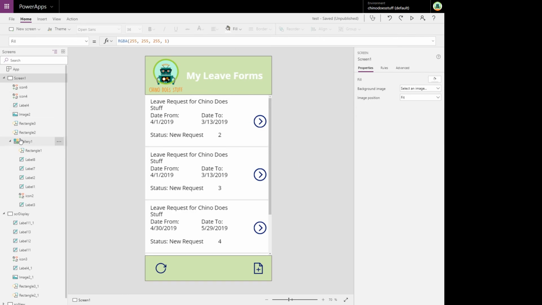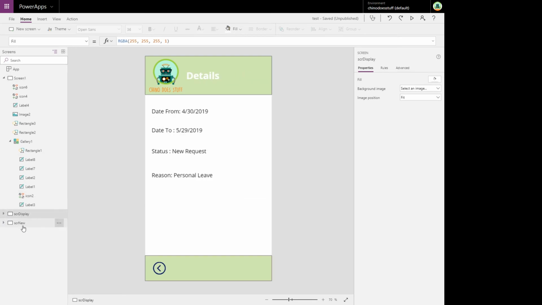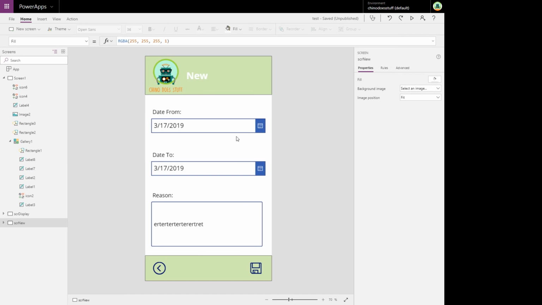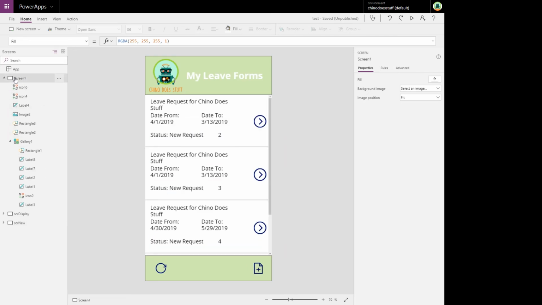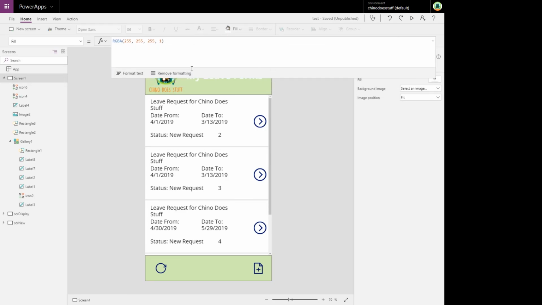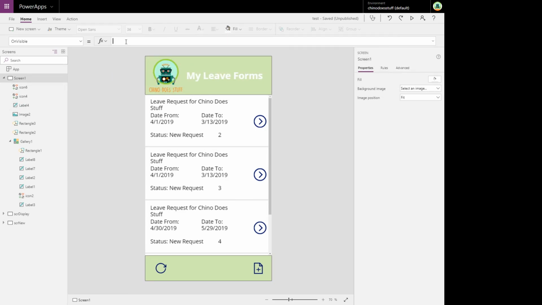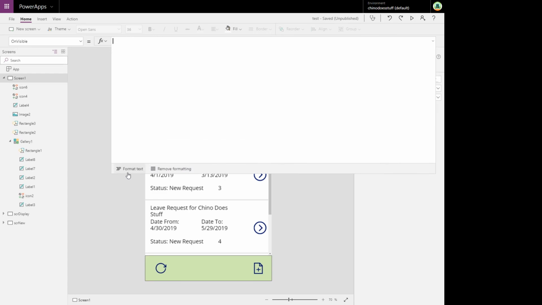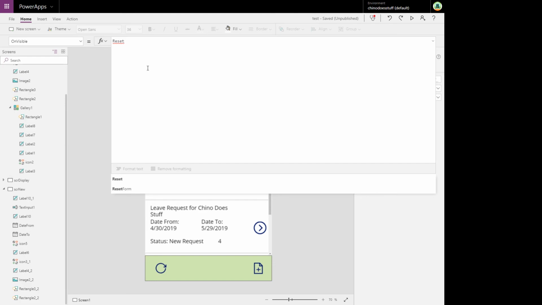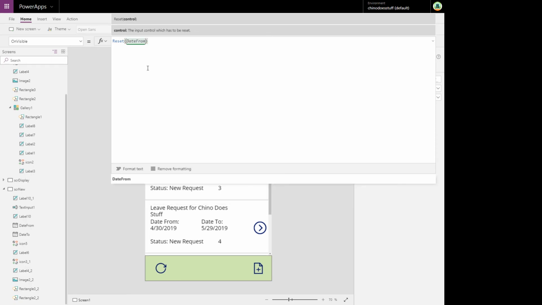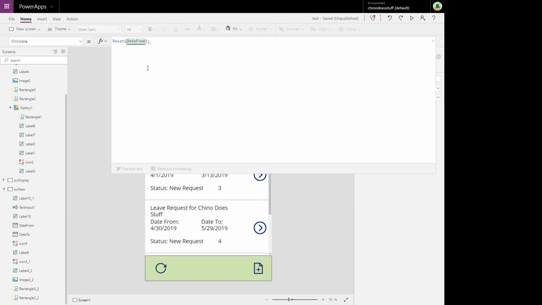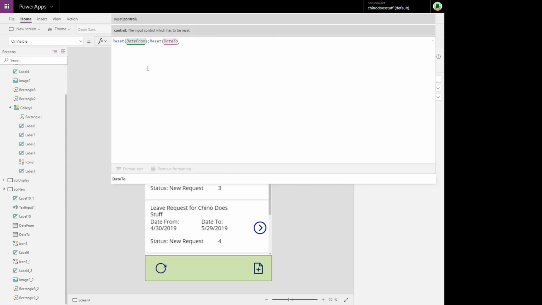The other thing I noticed as well, when we go to our new screen, these fields are retaining what is previously inputted. So just to make sure that doesn't happen, and just to make the user experience a bit nicer, each time this screen is visible, you just want to reset those fields. So just use the reset command for that. So this is date from, set date to,